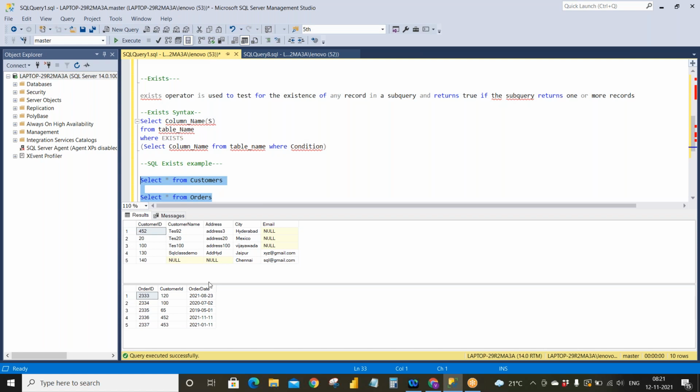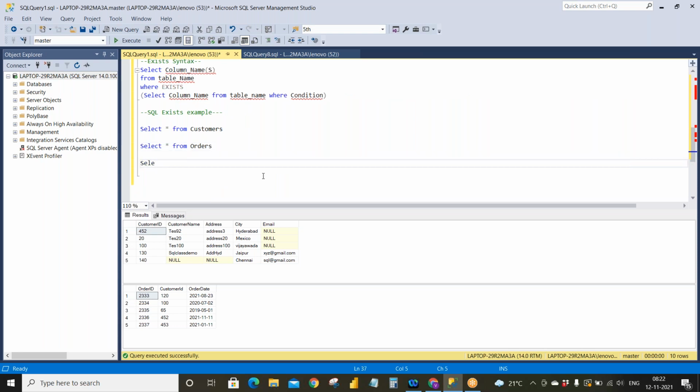I want to know something like, on some particular order date, how many customers ordered on that particular order date. So how can I check that with the help of the EXISTS operator? So we'll see that.